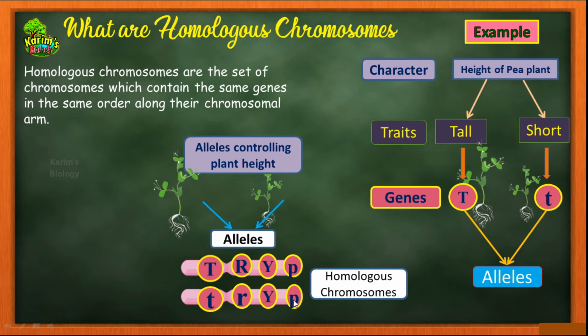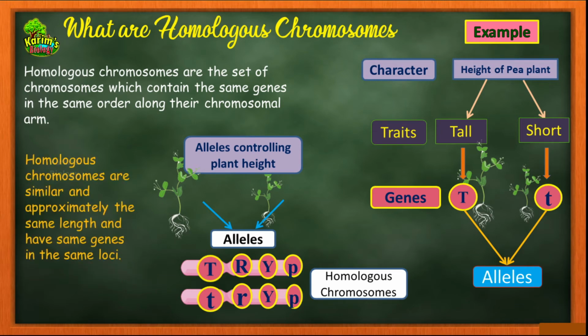So don't think that always two different versions of the same gene are located on homologous chromosomes. Sometimes different versions of the same gene, sometimes the same versions of a gene may also be located on two homologous chromosomes. This you need to understand. Okay, and one more thing is, homologous chromosomes are similar and approximately the same length and have the same genes in